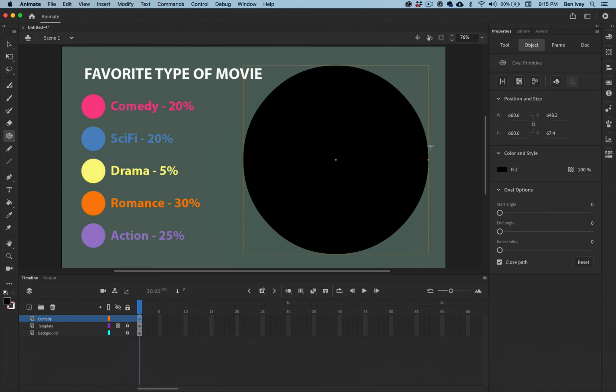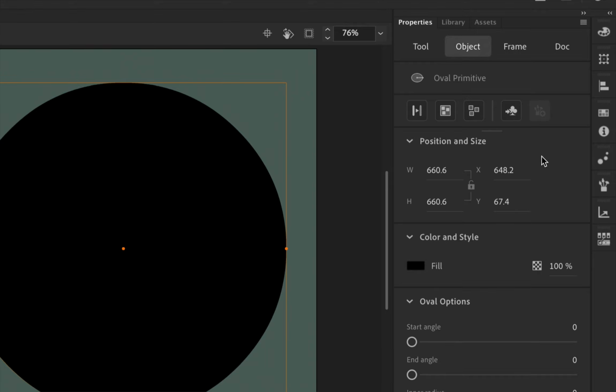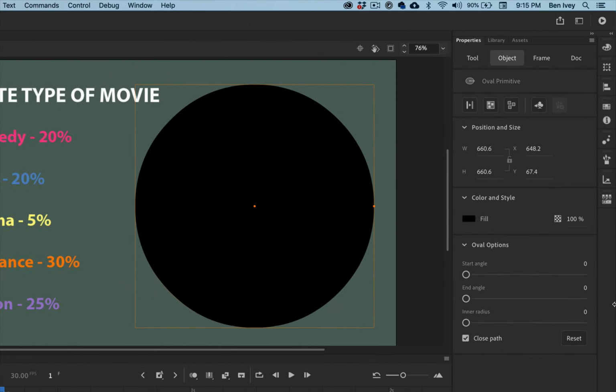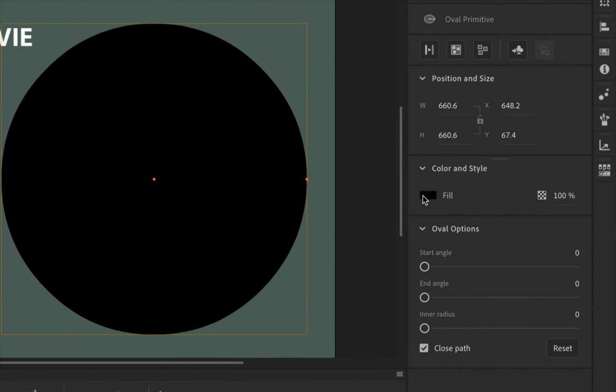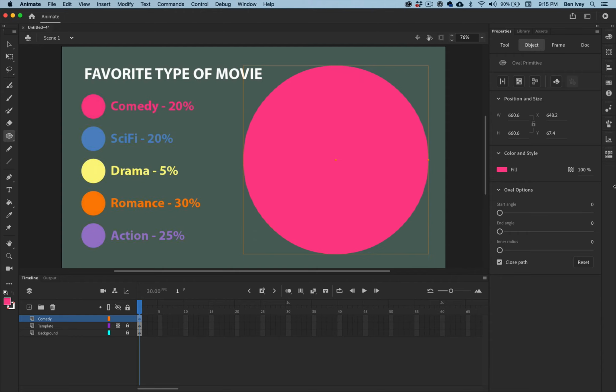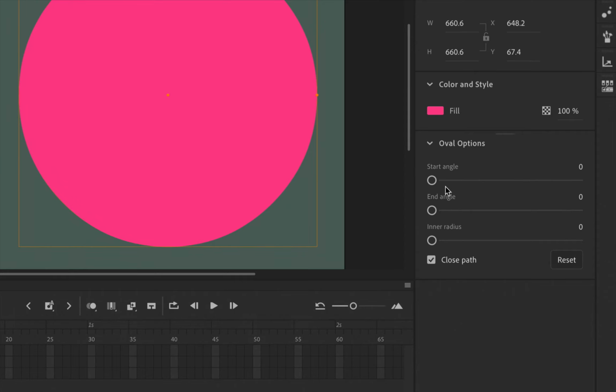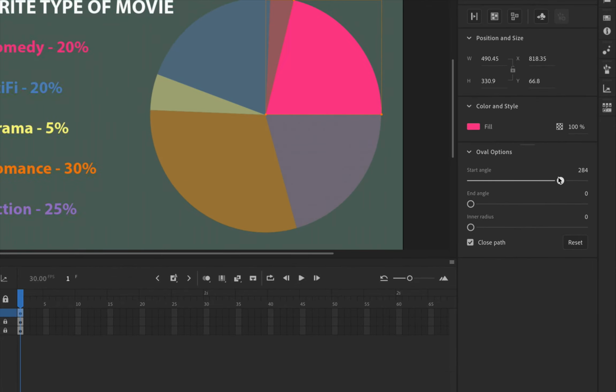With it created, go over to your Properties panel and open up the Object sub-property. From here, we can not only change the fill color, so with it selected, we'll click on Fill, and we'll hover over the comedy to pick up that bright magenta. Then at the bottom, we can change up the start and end angle. When you do this, you can see it'll start to open up,